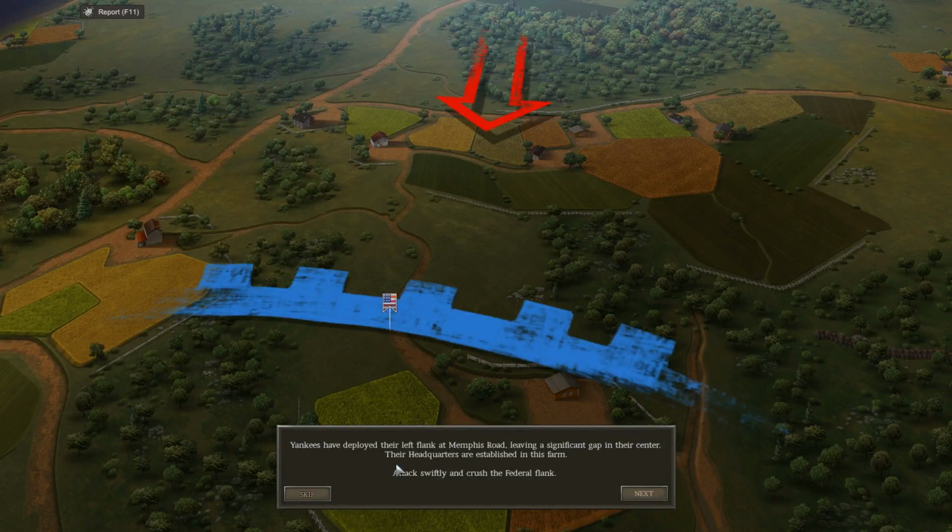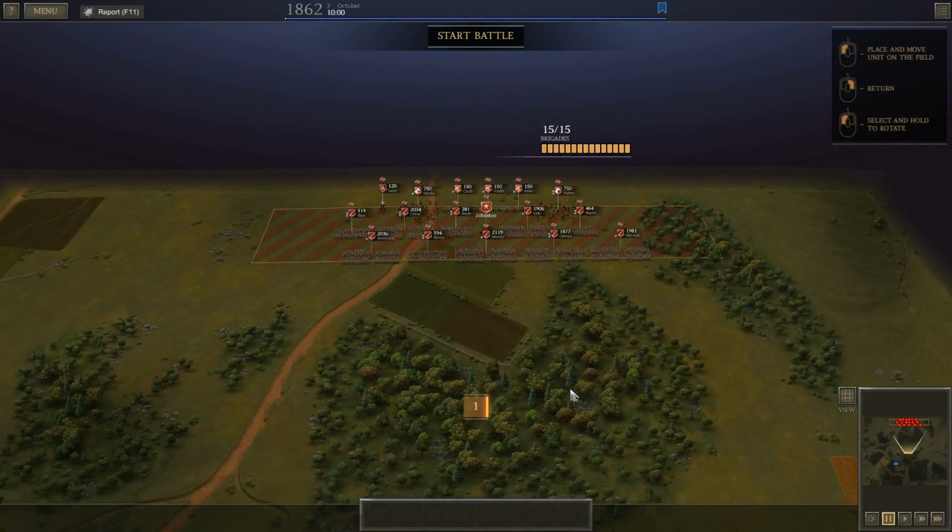Yankees have deployed their left flank at Memphis Road, leaving a significant gap in their center. Their headquarters are established in this farm. Attack swiftly and crush the federal flank. Okay, so